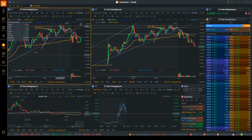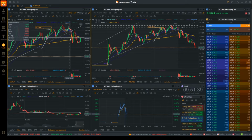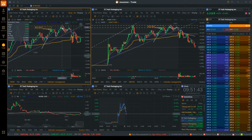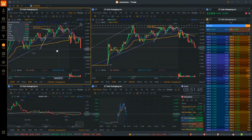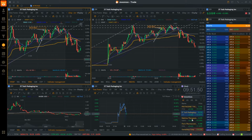So I got a feeling it would just tank when the market opened, which is why I sold off here. Like I mean, I'm not too far from the top, so I'm happy with it. This is just in a way a solid trade. And I know today,